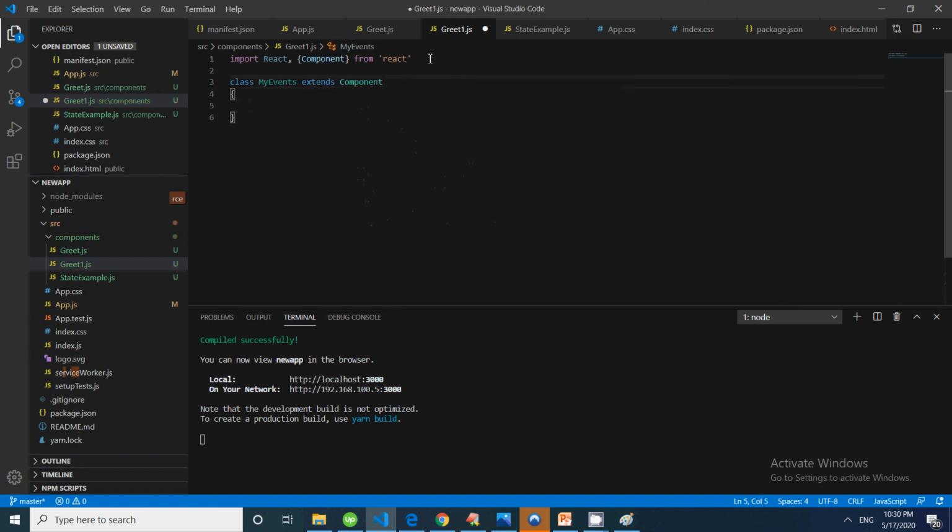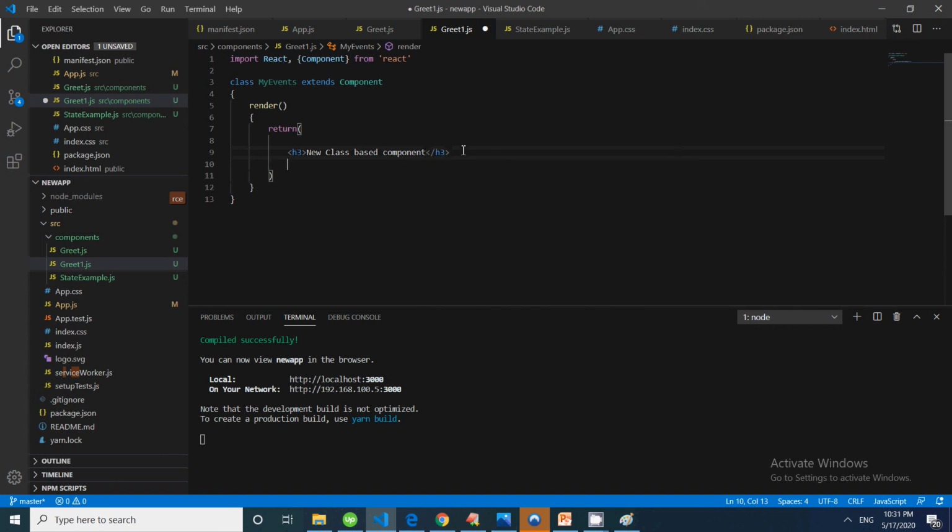If you just want to show the alert message, there is no need to go for a constructor, you just use render, and after render you simply return what we do in our function. We will be returning h3 new class based component.